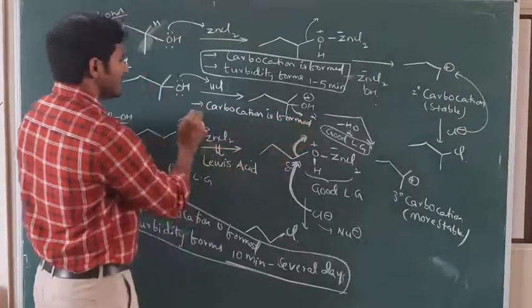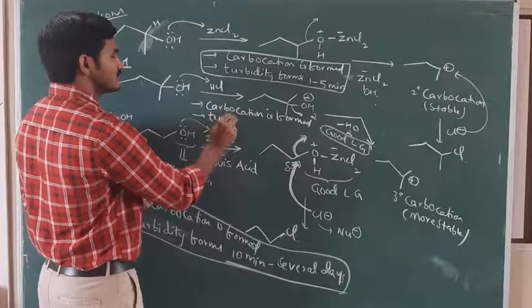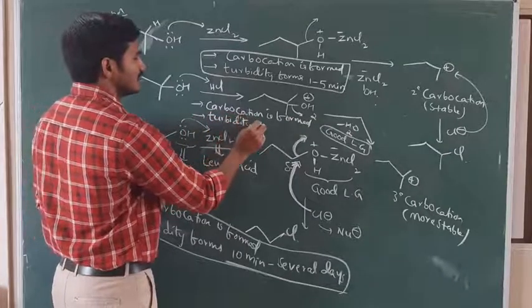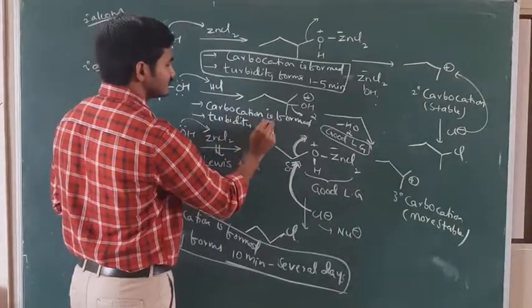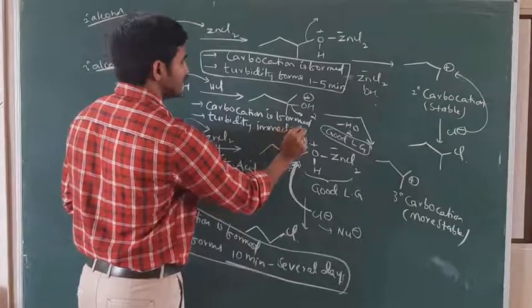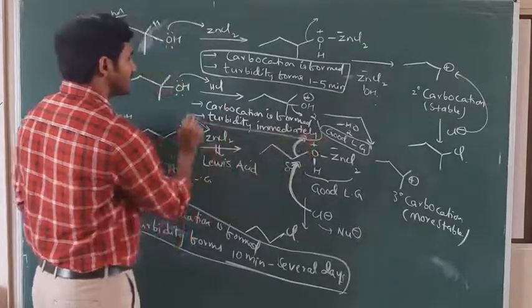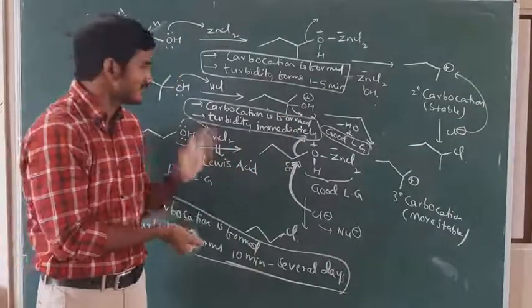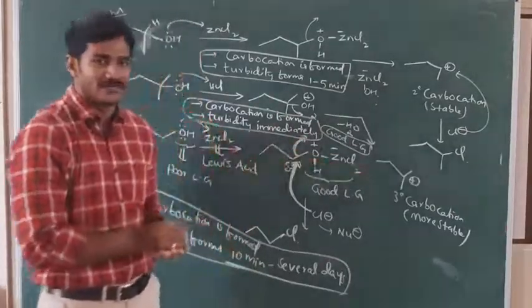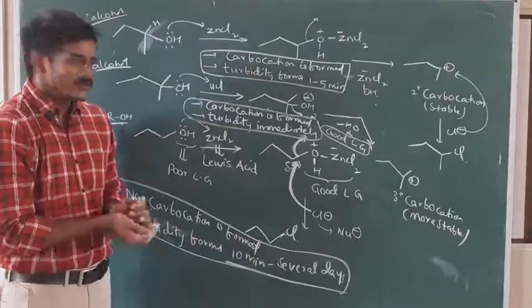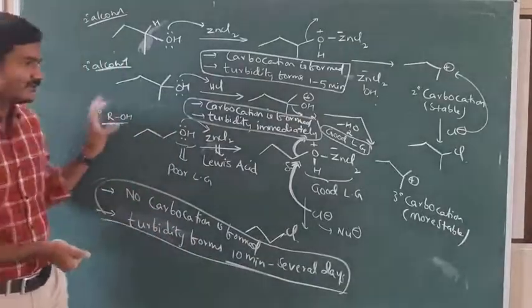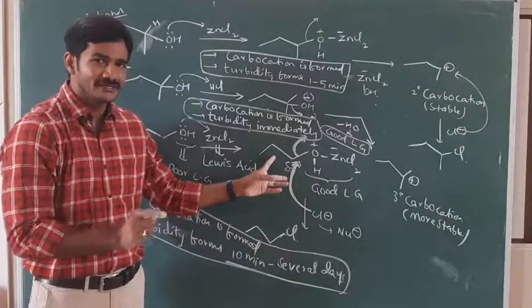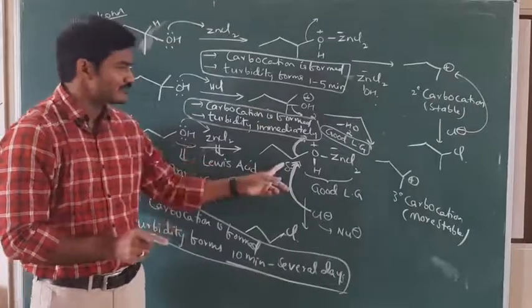Carbocation is formed and turbidity forms immediately. Immediately after adding, in less than a minute, we can easily get the turbidity because it can easily form a more stable carbocation. Okay? Understood? With the primary alcohol we don't get any carbocation because